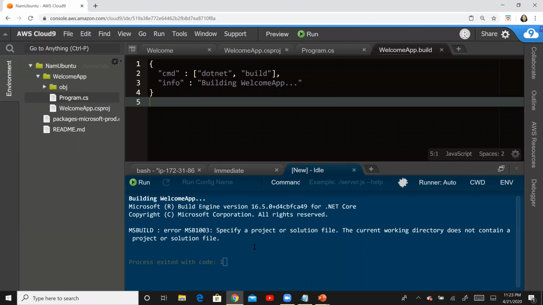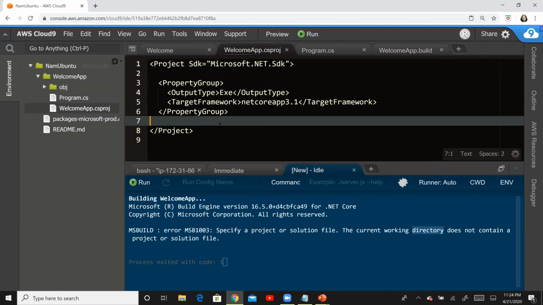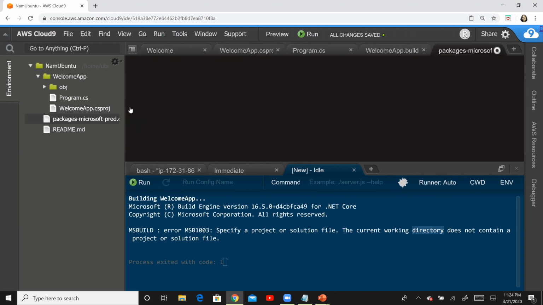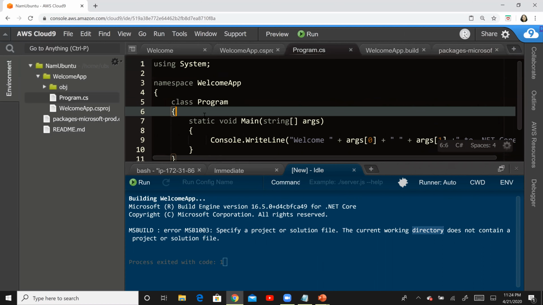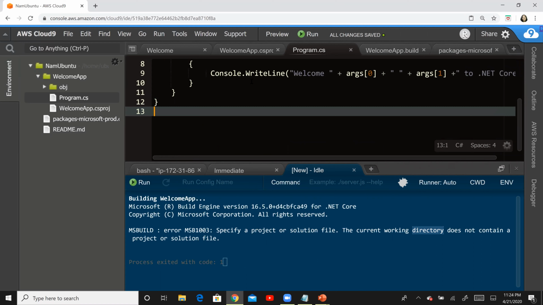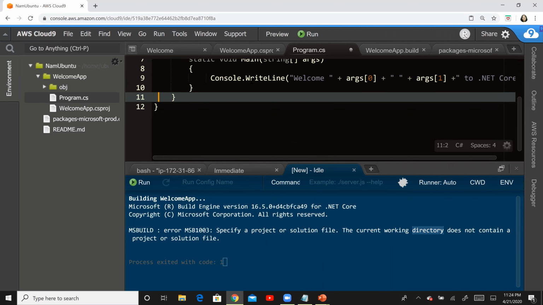So that came, and it's saying it does not specify a project or a solution file. So why is it saying that? Okay, let me ensure that this file is saved, and we should be good. Okay, so I believe I have everything that is necessary.